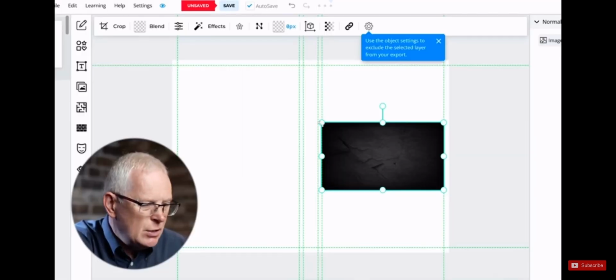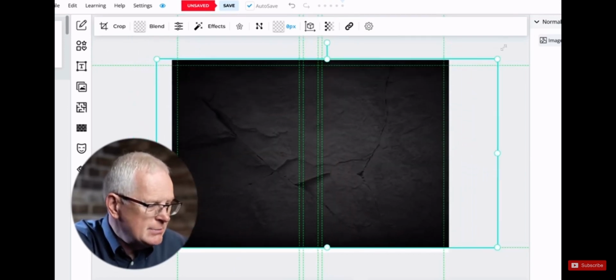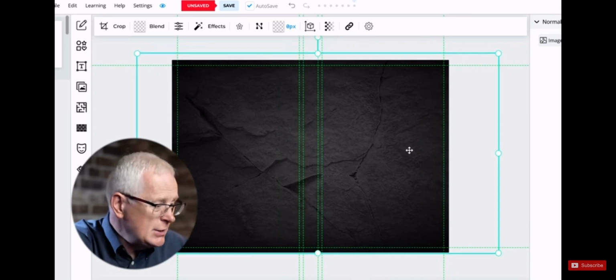I'll be honest, instead of using a fancy photo, I feel like going for a black, minimalistic feel with my journal. So I'm going to drag this dark background to fit the cover. I'm even going to expand it over the edges a bit to make sure it prints correctly, because the last